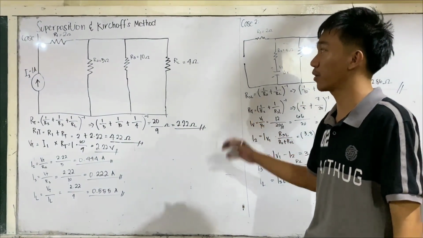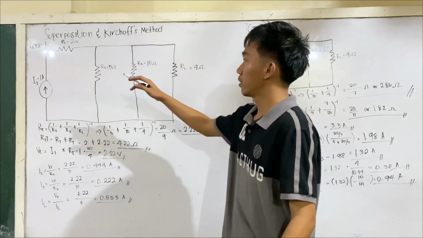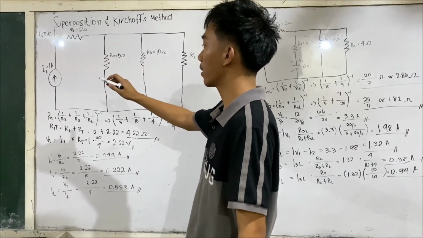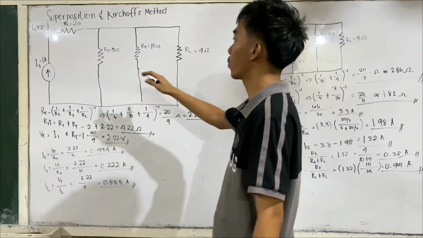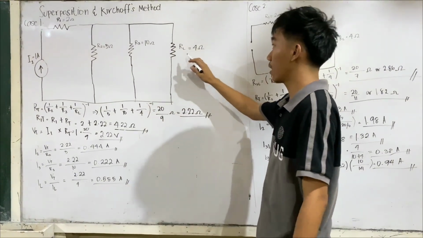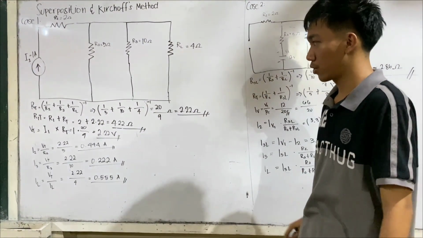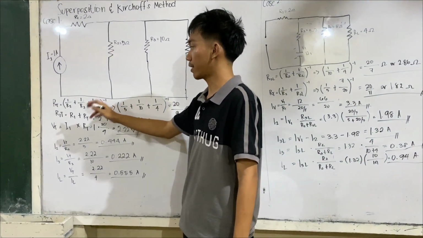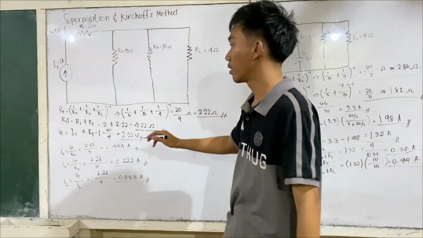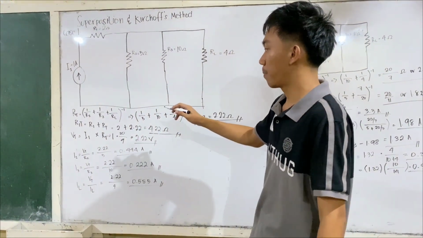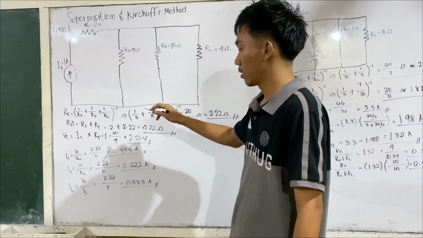Superposition and Kirchhoff's method. So for our case 1, we have a given of I1 of 1 amp, R2 of 5 ohms, R3 of 10 ohms, and RL of 4 ohms. So this will be our formula to get our RT or our R total. So 1 over R2 plus 1 over R3 plus 1 over RL,